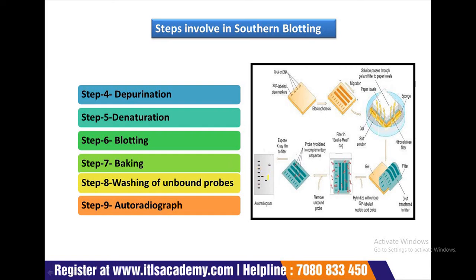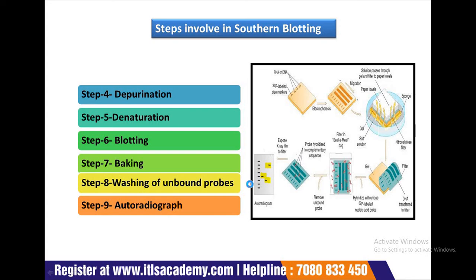You can see here, this hybridization region can be detected autoradiographically by placing the nitrocellulose membrane in contact with a photographic film, which shows the hybridized DNA molecules. These are the hybridized DNA molecules. The pattern of hybridization is visualized on X-ray film by autoradiography if a radioactive or fluorescent probe is used, or by the development of color on the membrane if a colorimetric detection method is used.